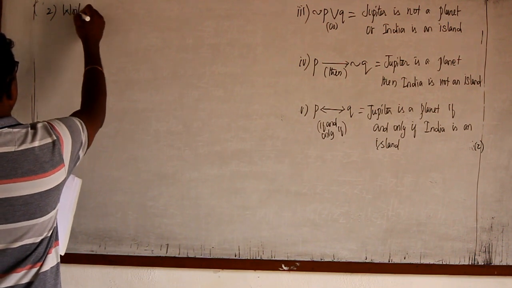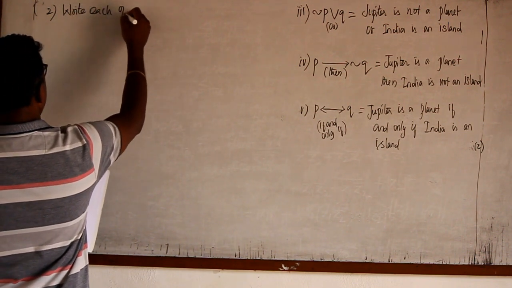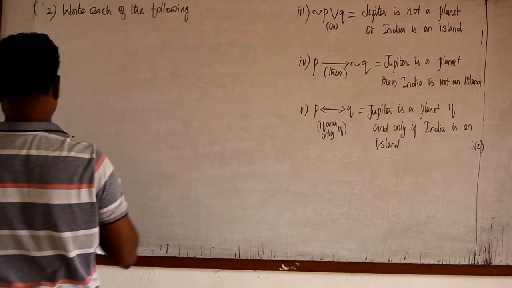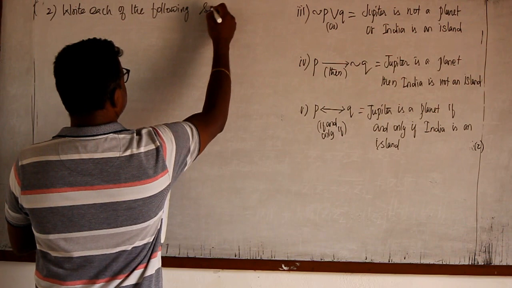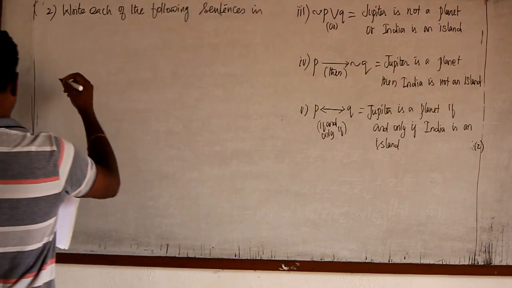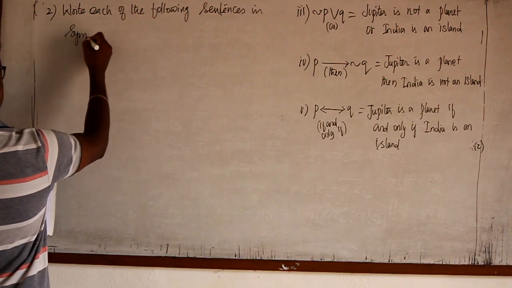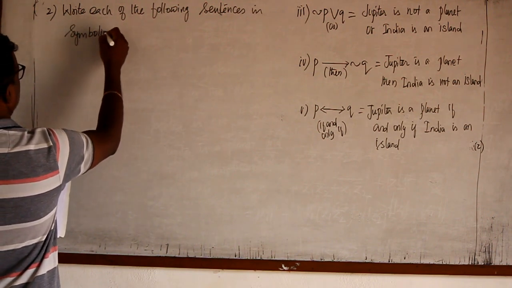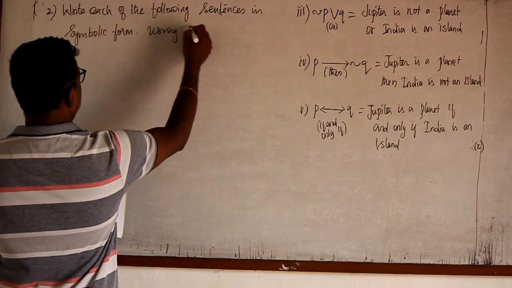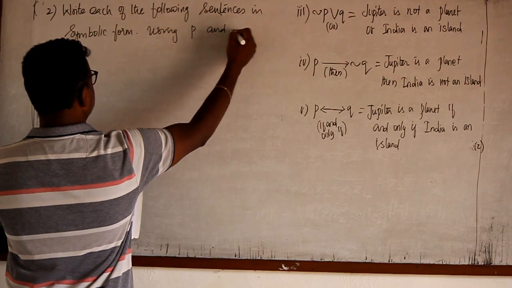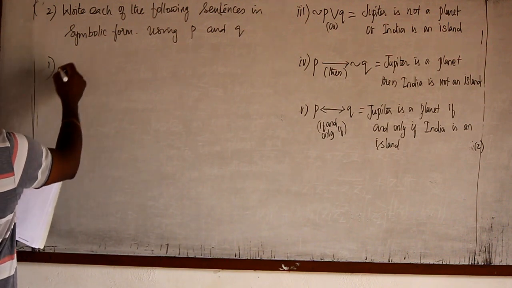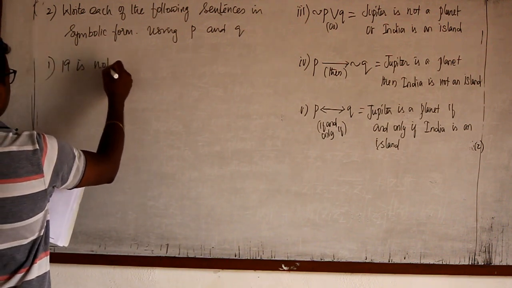Write each of the following sentences in symbolic form, using the first statement as P and the second statement as Q. I'll write the statement and I'll give the answer. 19 is not a prime